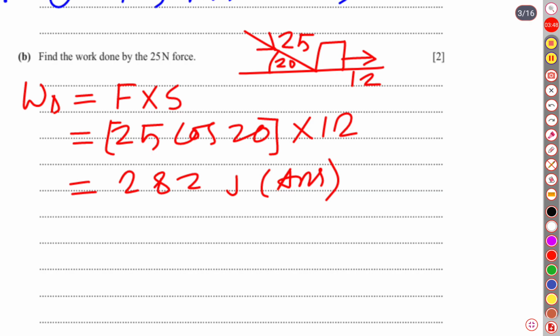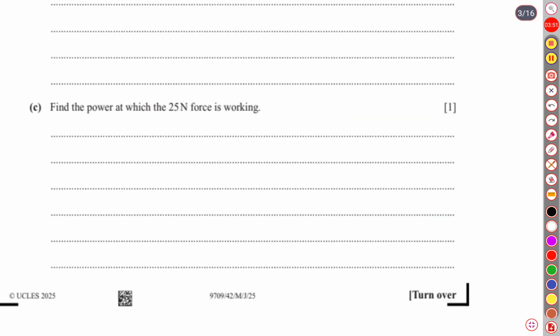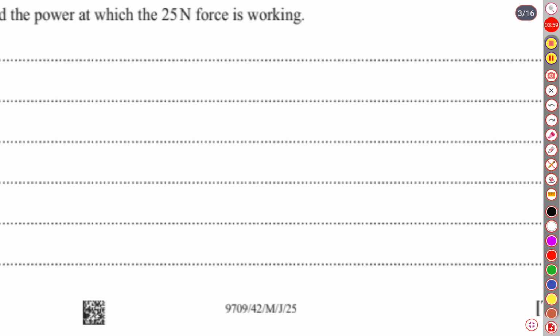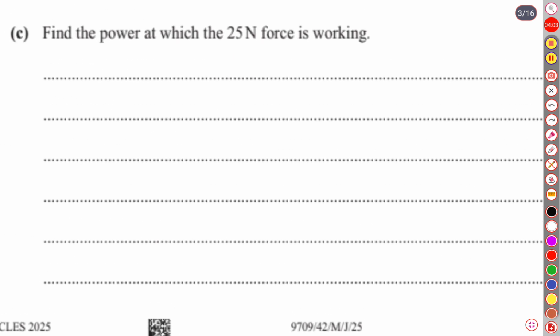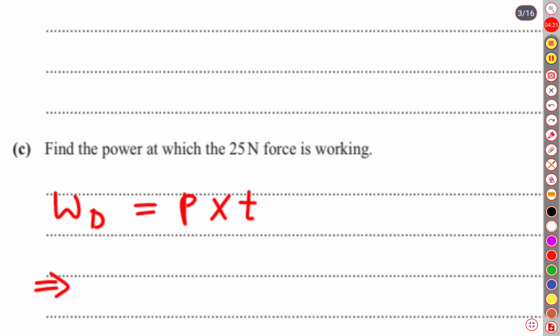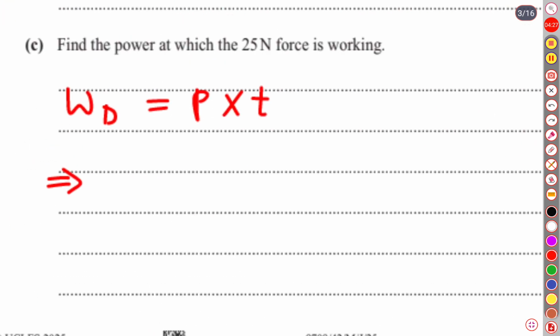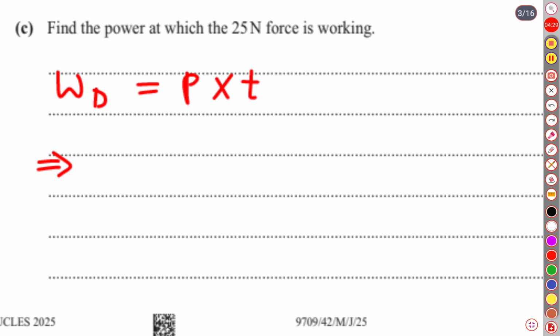Let's see what the next question says. The next question says find the power at which the 25 Newton force is working. Okay, so for power we know a formula. What is that formula? Work done by driving force is equal to power into time, P into time. So we have already found that work done by the driving force, the 25 Newton force, is 25 cos 20, for more exact quantity, 25 cos 20,